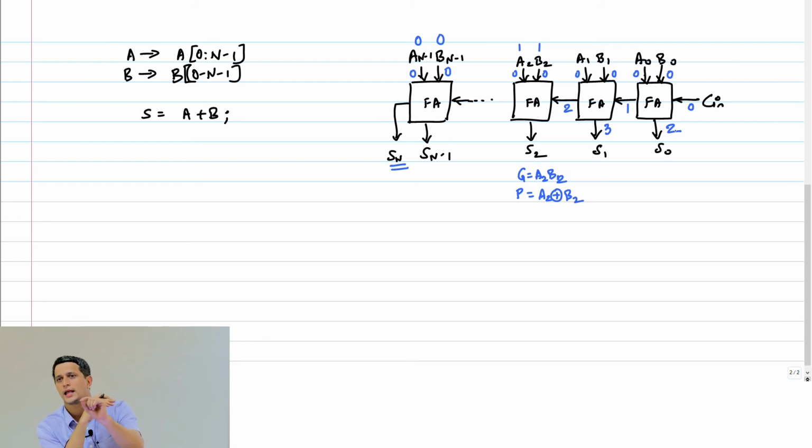So we said that assume the carry out generation time is 1 unit and the sum generation is 2 units. Why did I make this discrepancy there? It's because the sum can take extra time to generate, but the carry has to propagate. So while this carry is propagating from this stage, this sum is being evaluated in parallel. You understand? So that carry has gone to the next stage, that evaluation is happening. While that is happening, this sum is already evaluated. So it's okay to delay the sum a little bit, but propagate the carry as soon as possible, because the sum is not going to hold up the next stage's evaluation. The carry will.